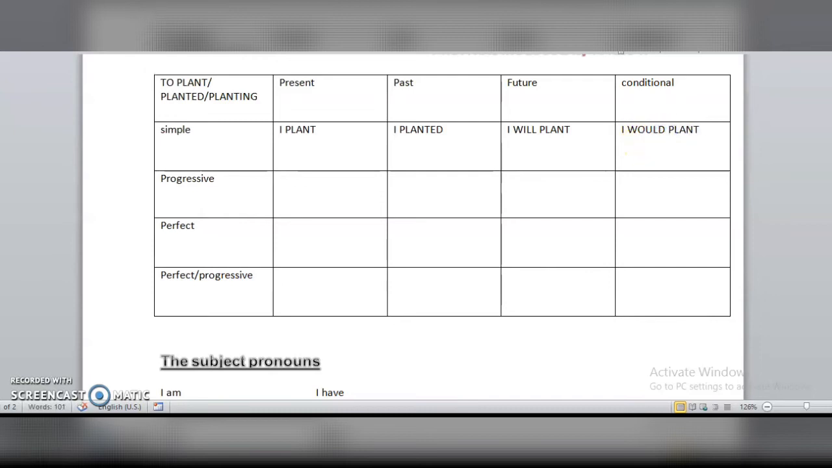It's very easy to understand. For the simple present tense, I get I plant. For the past, I planted. For the future, I will plant. For the conditional, I would plant. Okay. I want you to understand. At the simple present tense,